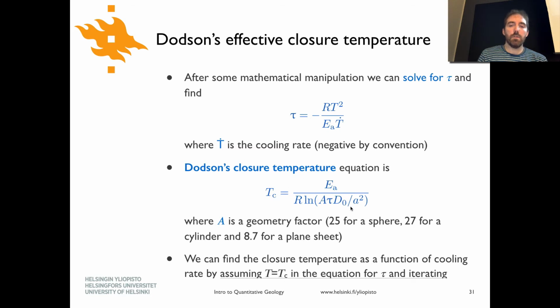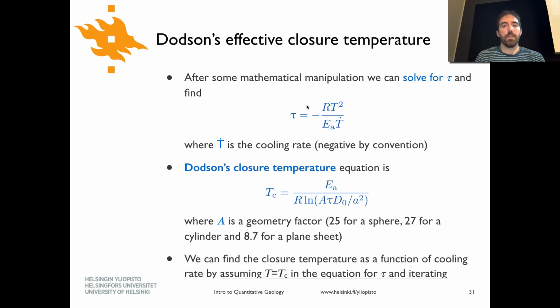But essentially, if you know these things, you can calculate the closure temperature. And for the most part, we know EA, because that will be something that's a property of the daughter product in the crystal. We can choose a value for A based on the shape of the system we're dealing with. D naught would be something that's known from laboratory experiments, and A is the size of the crystal, so you can also know that. The only thing we really don't know is this tau, and the equation for that is